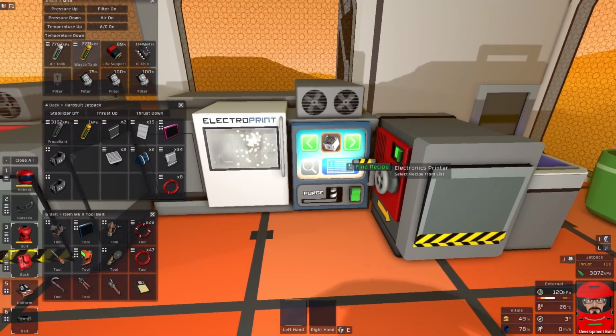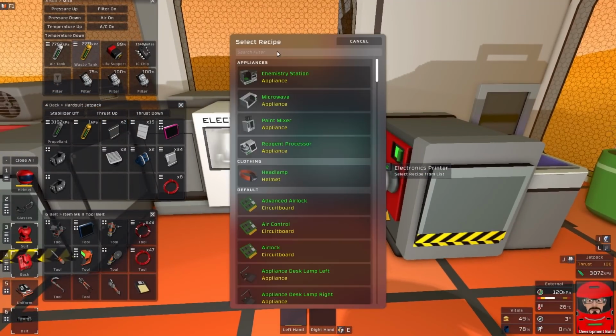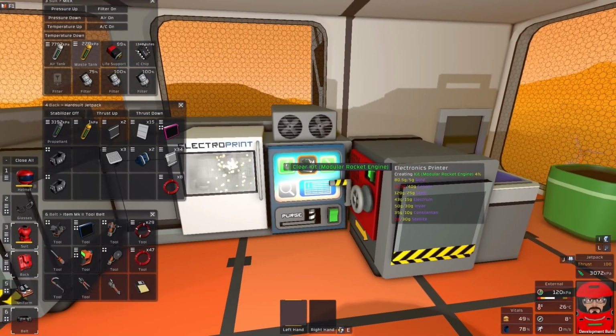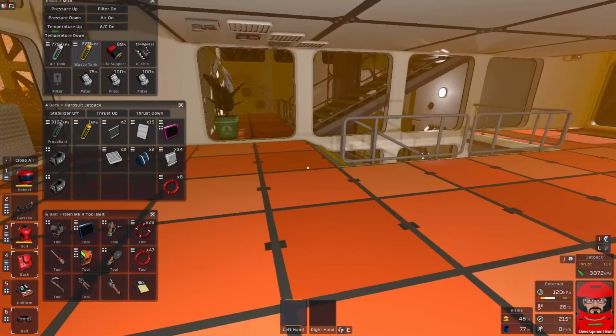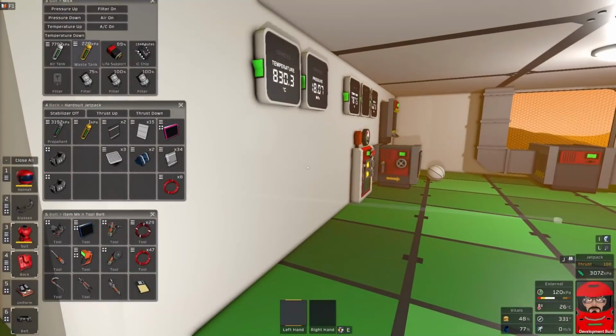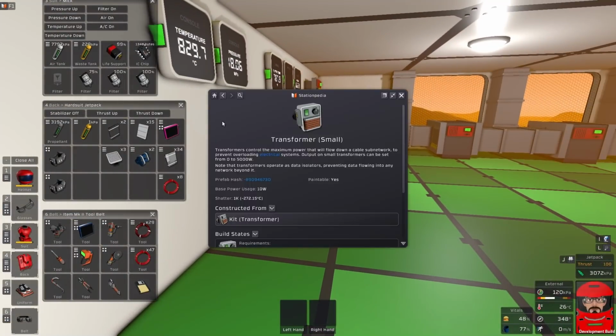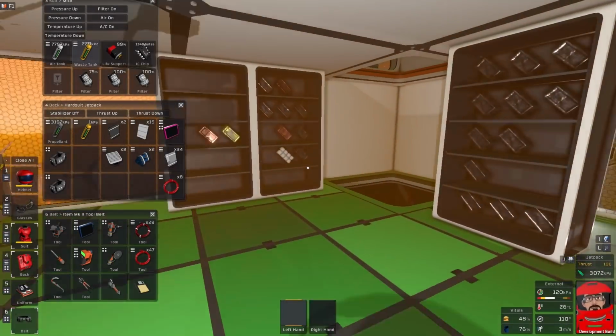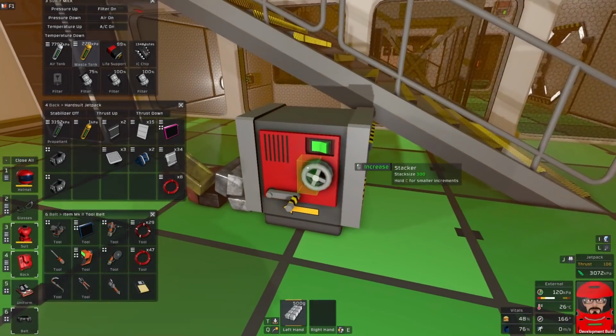One of them, a launch pad. And I shall need an engine. Stellite. Do I? Okay, stellite I need. What was stellite? That's the blue one. Silver, silicon and cobalt. Silicon I'm not sure about. Silver and cobalt I have outside. So I shall need